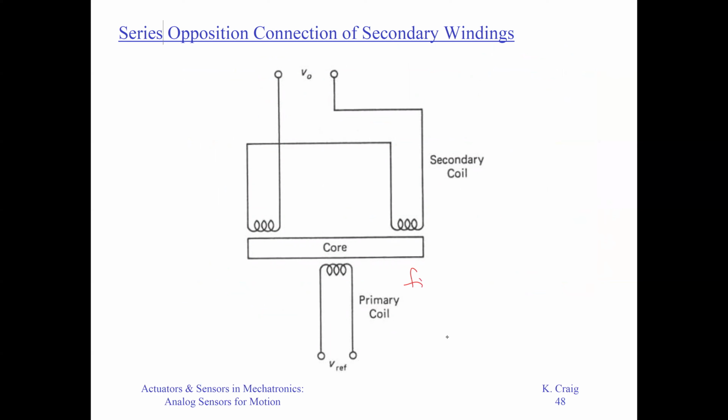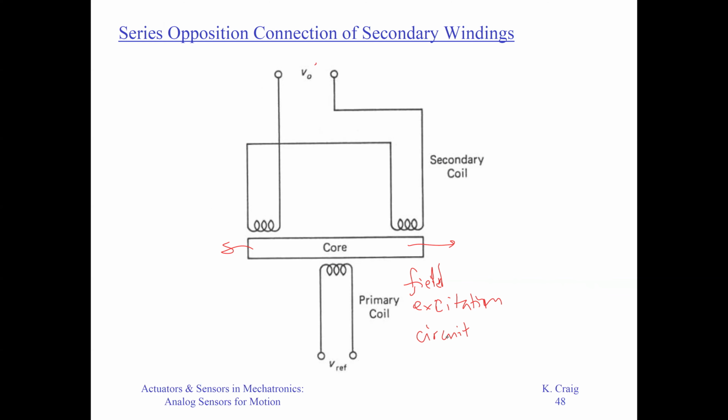This is also sometimes called the field excitation circuit. You produce the magnetic field, then if you have a core moving left and right,